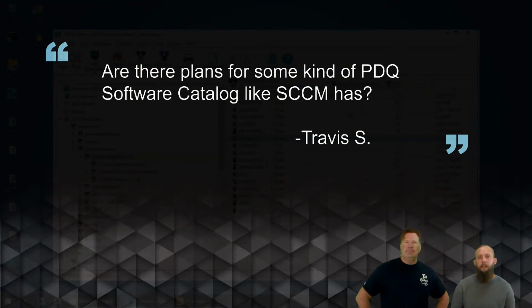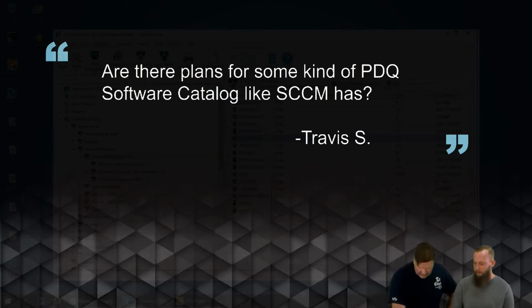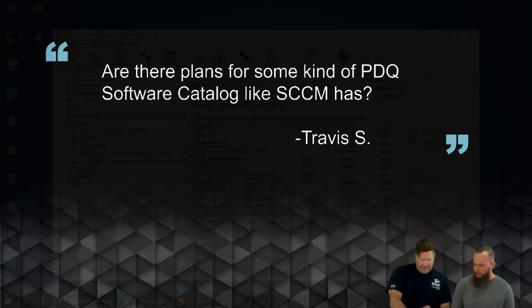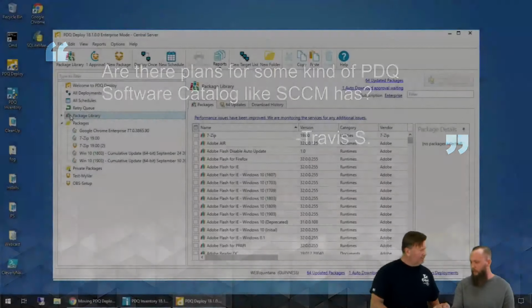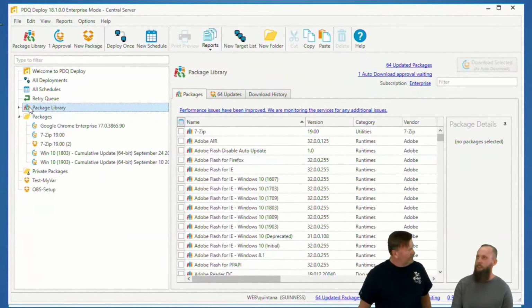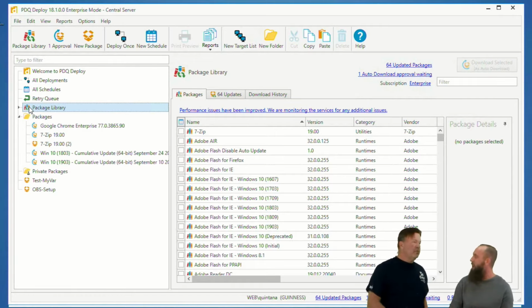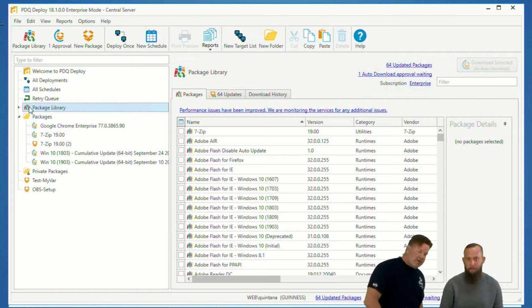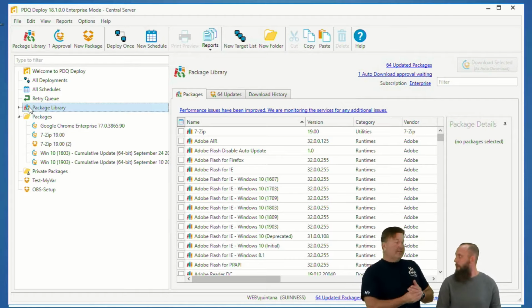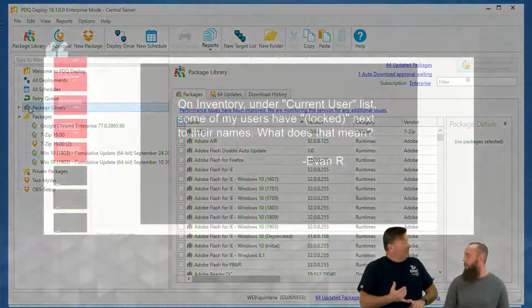Absolutely. Dear Lex and Josh, are there plans for some kind of PDQ software catalog like SCCM has? Travis S. Software catalog? It's been so long since I've touched SCCM. I think that's where an end user on their machine can request, hey, will you give me this? A self-service portal. Is that what you're asking about? Because if that's the case,